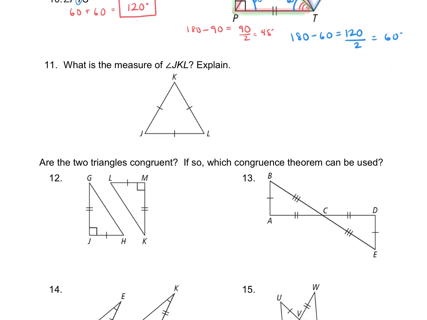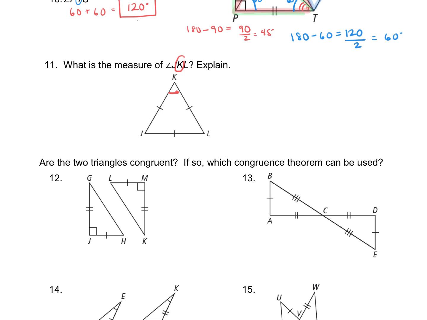All right, number 11, what is the measure of angle JKL? So again, we're using 3 letters to name an angle. So the vertex is at K, which is this angle right here. So what's the measure of that angle? Well, what do we know about the triangle? As we look at the triangle,